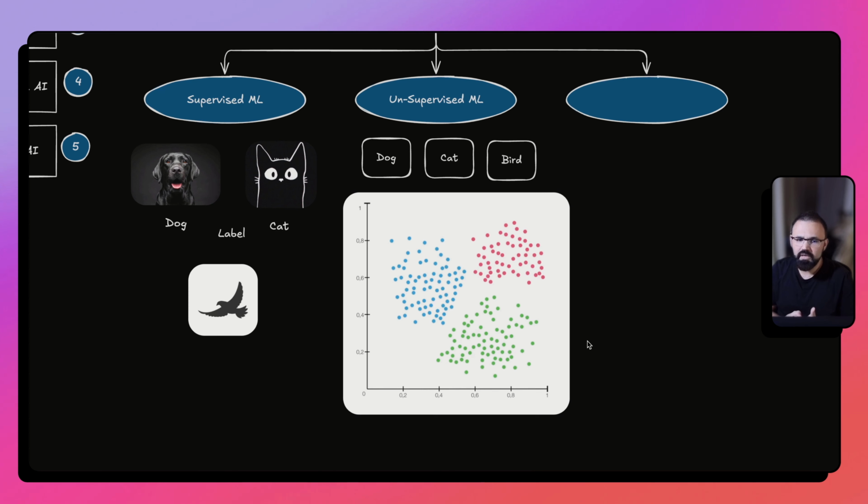But what would be the right use case for this, right? Supervised machine learning is the right use case where you already know, as a human, what you are adding as inputs while training the machine learning model. Unsupervised machine learning is helpful in cases of, for example, you want to understand shopping behavior for your customers, right?